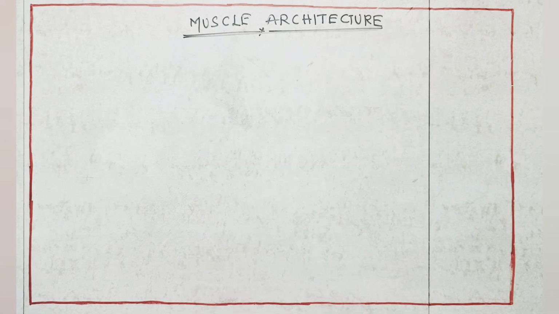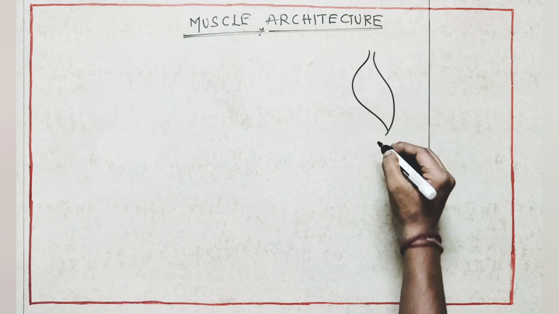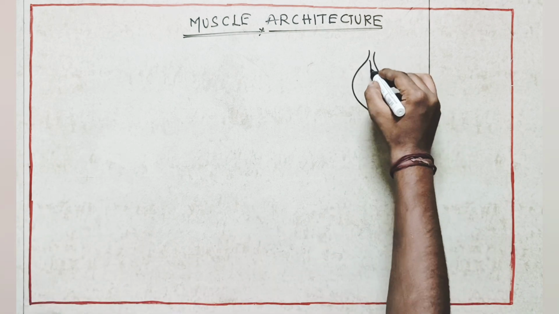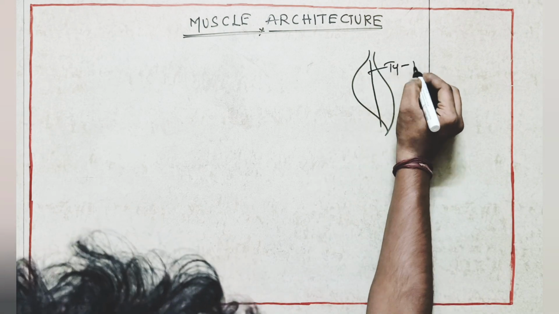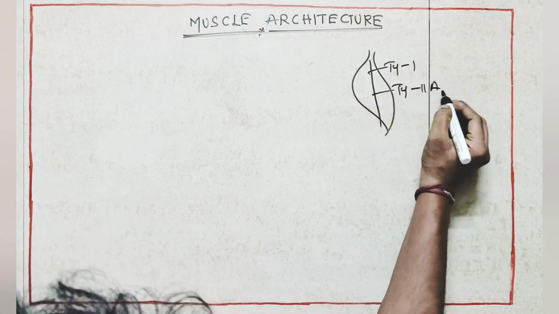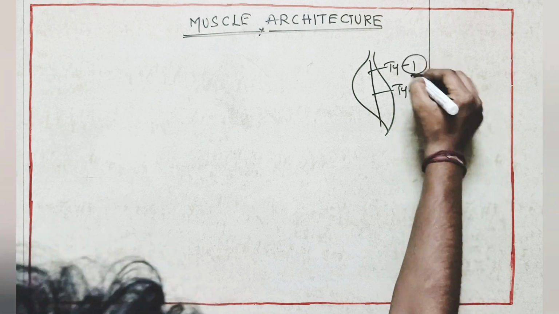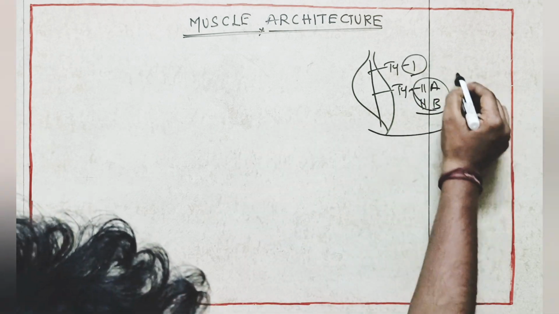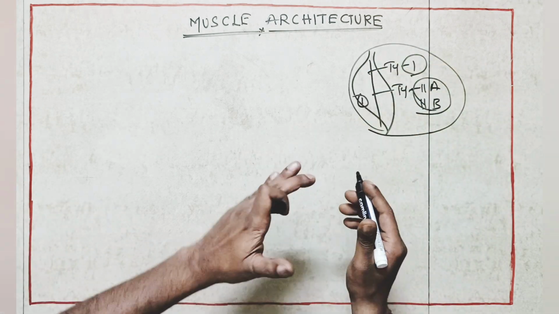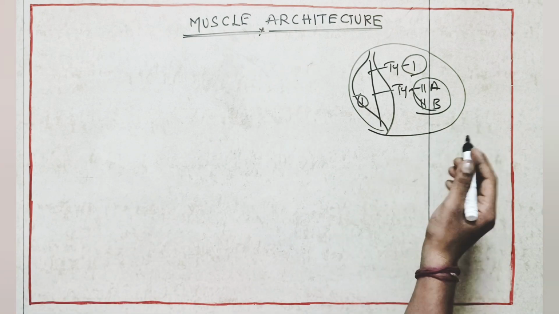Muscle architecture. If we take one skeletal muscle, in all individuals the skeletal muscles are composed of type 1 fibers, type 2A and 2B fibers. So these fibers will be there in all the muscles. Even though these three fibers are there in one skeletal muscle, the function of skeletal muscle will not be based